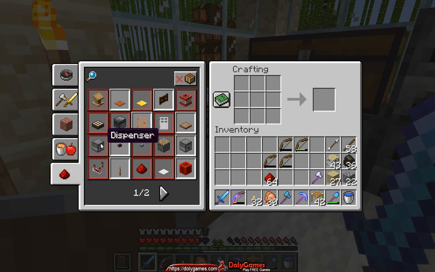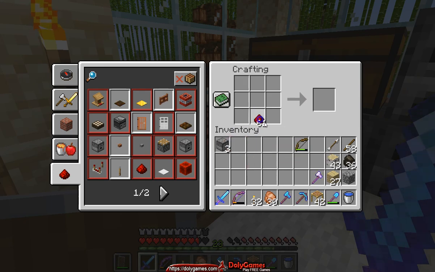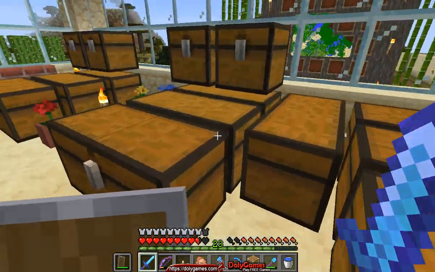So coming back to the dispenser, what is its problem? So it needs a bow in the center, a redstone here, and a cobblestone all around. So let's take, that's 1, 2, 3. Oh, I'm out of cobblestone. Here. I don't know why the recipe is not working, but there, we made 4 dispensers out of the extra bows